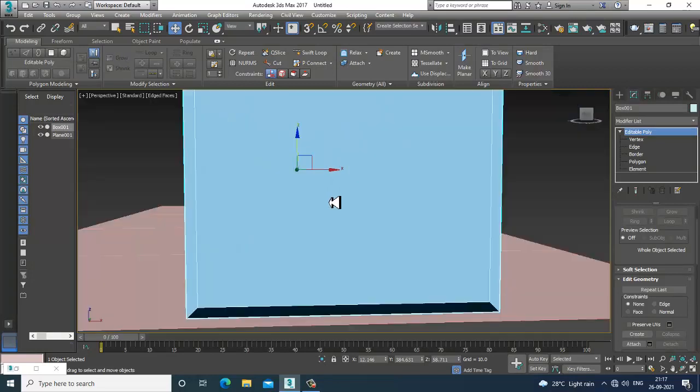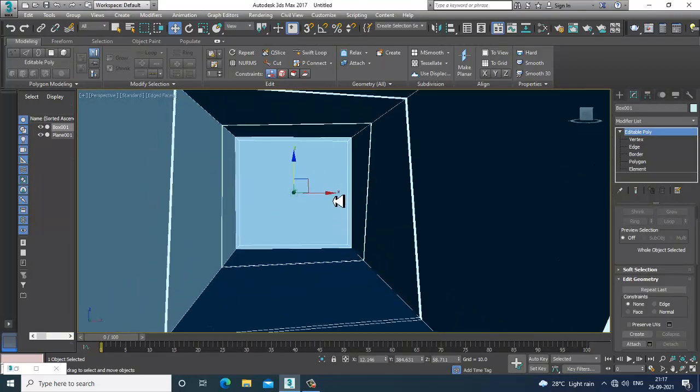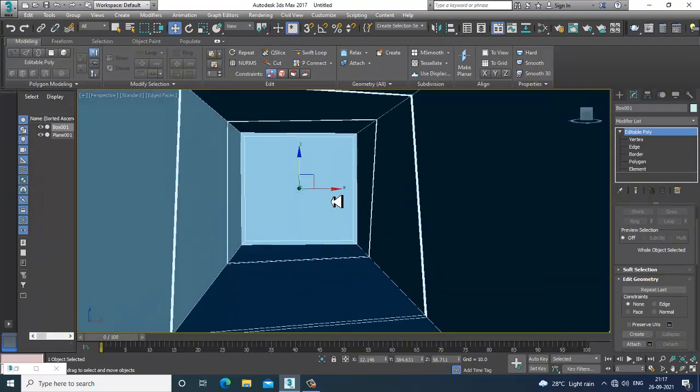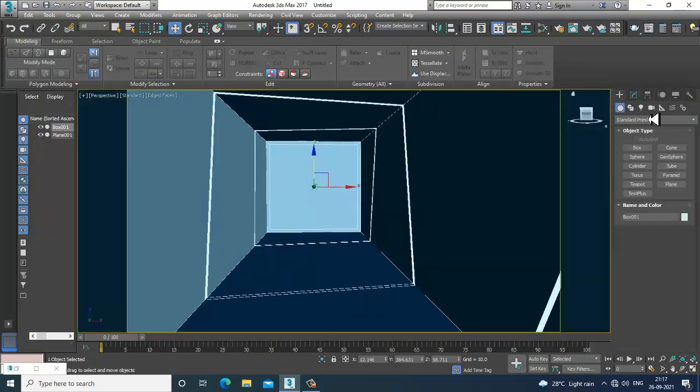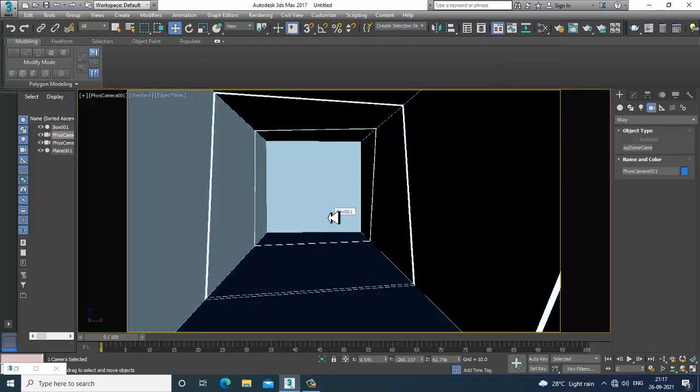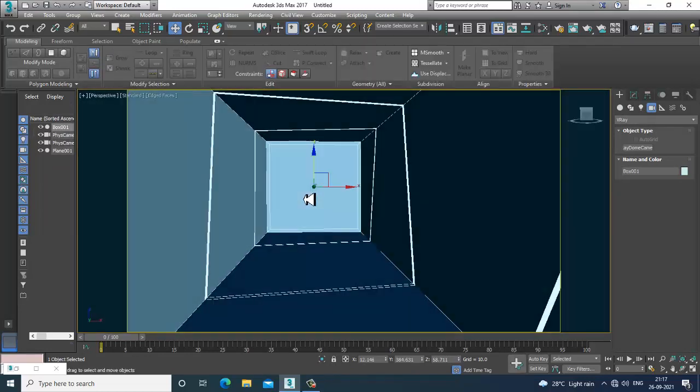So I'll just place a camera over here. How can I place a camera? I'll just press Ctrl C, or you can also place a V-Ray camera. You can take a V-Ray camera from here, or I'll just place it by pressing Ctrl C from that particular view.